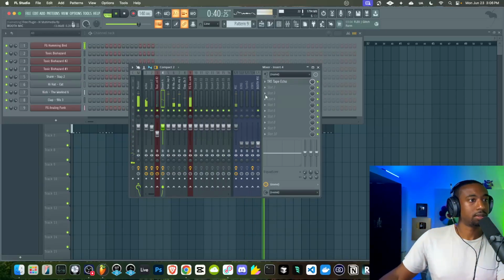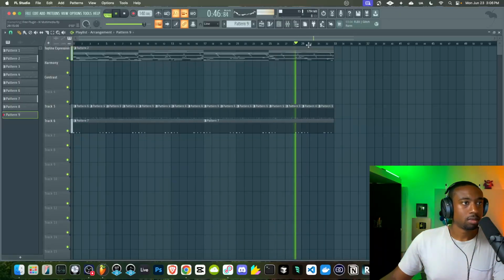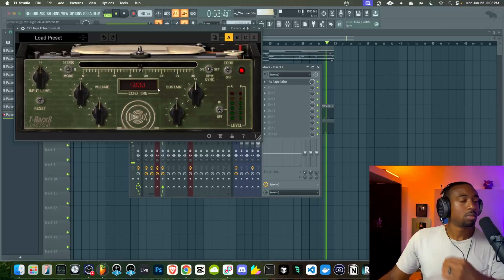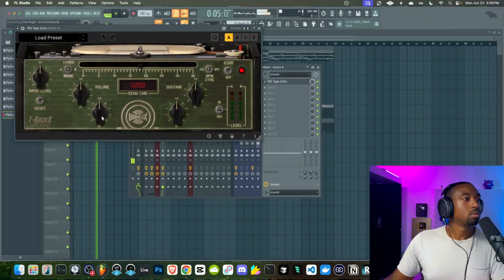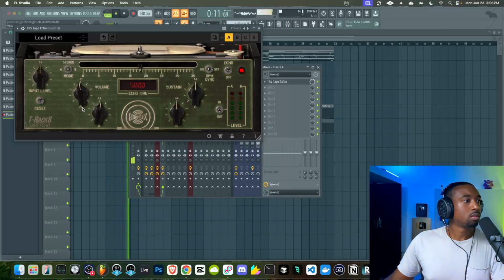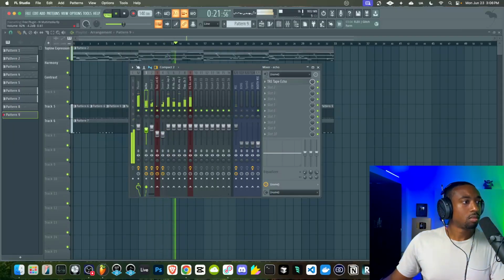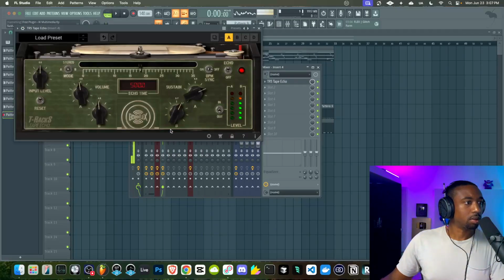I forgot to put the tape echo on the brass. I realize this thing is building up the sustains here, the repeats.